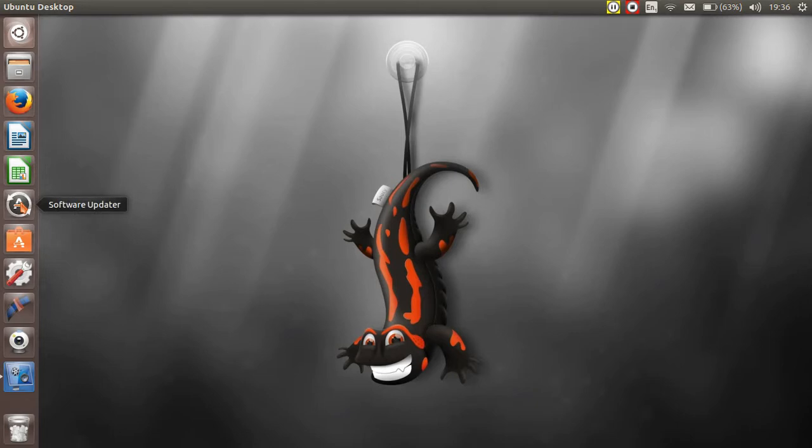Now this is great if you just want to use the system as a system and you're not too fussed about using the command line. I mean, Ubuntu is a really simple operating system to use, and you can make it complicated if you want, and you can make it easy if you want. It all comes down to the user, e.g. you. So we're going to take a look at how to update our Linux system now using the terminal,